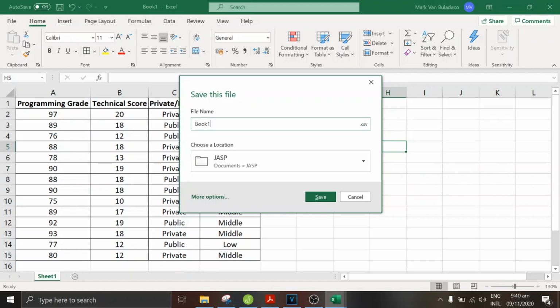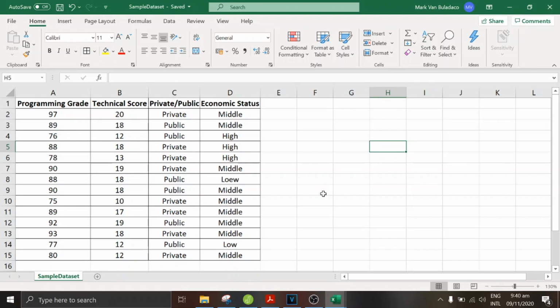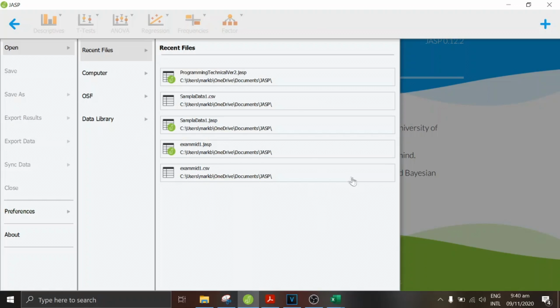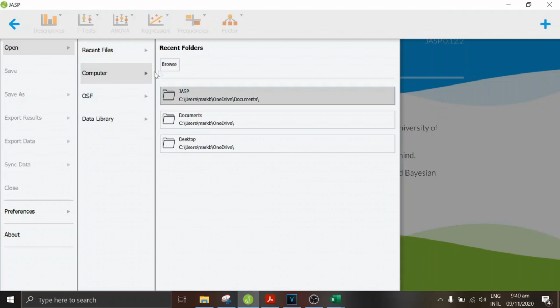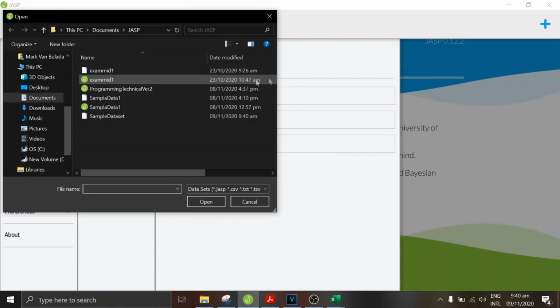So let's call it sample data 2, or just sample dataset, and click save. So it is automatically saved into a CSV format. So let's go back to our JASP. Let's open the dataset, browse it, which is in documents, and here it is, sample dataset.